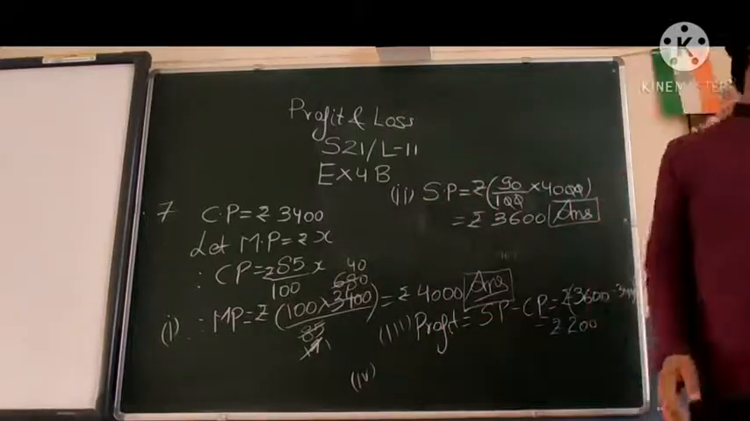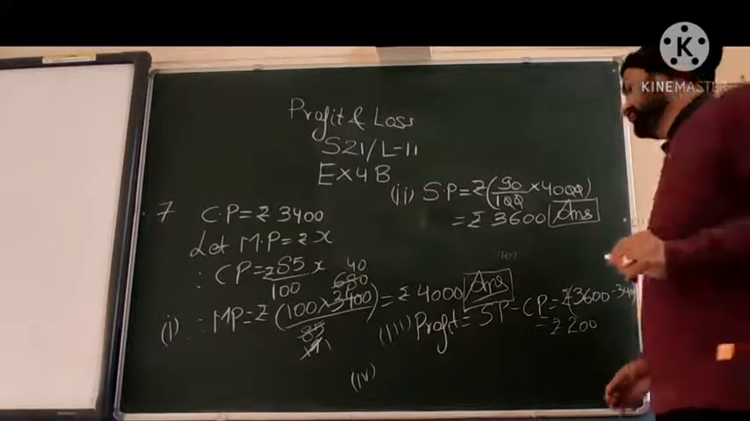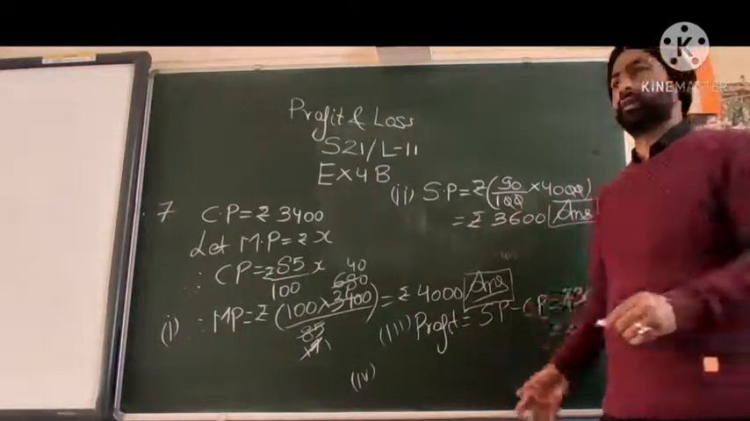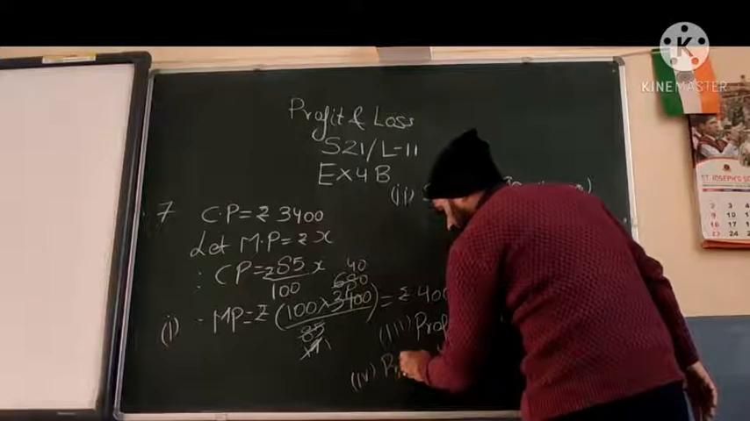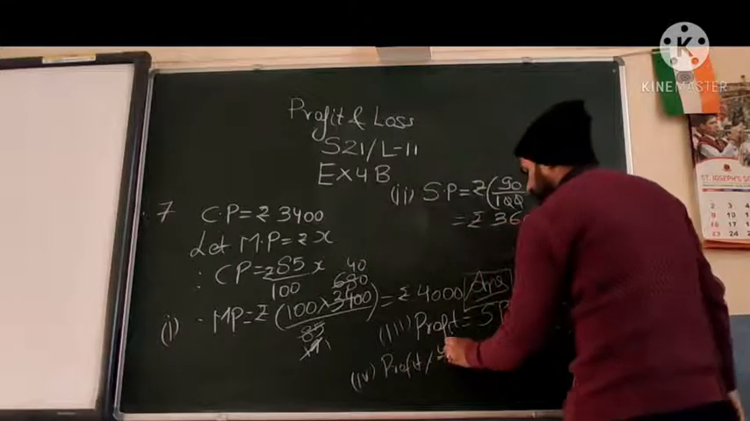Then the fourth part is calculating the profit percentage. So profit percentage is what? Profit upon CP, 200. So let's write that also. Profit percent is equal to,